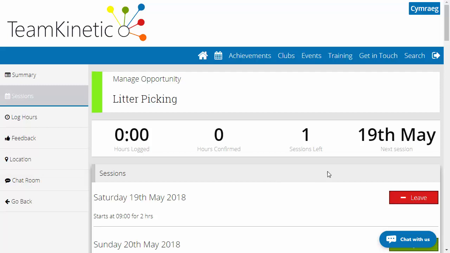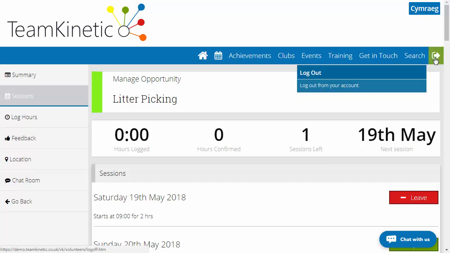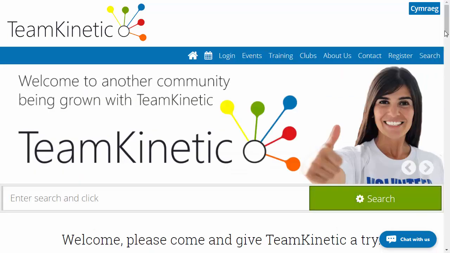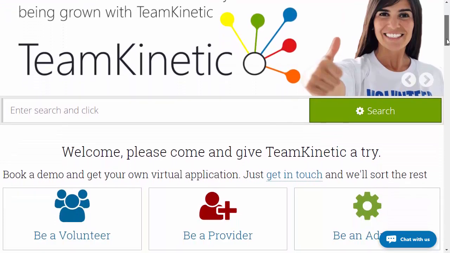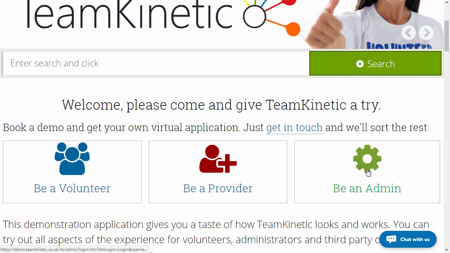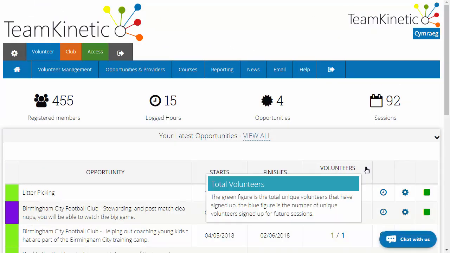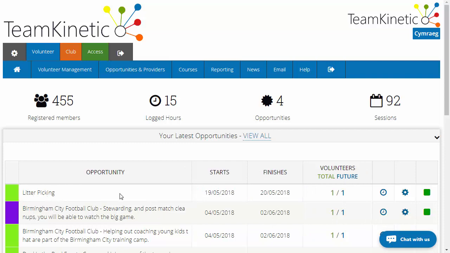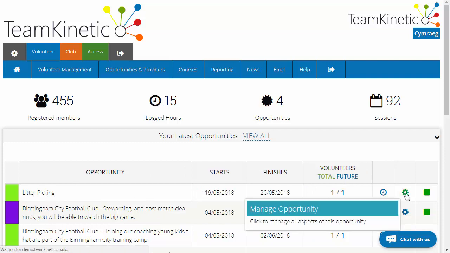And what we can do, a little bit of an extension to the demonstration here, is go back in and see what that looks like to the administrator or to the provider of the opportunity. So I'm going to log out now as the volunteer. I'm now going to log back in as the administrator, so I can do that on the demo site just by clicking this button here. Okay, then when I see the litter picking opportunity, click on the little edit button,